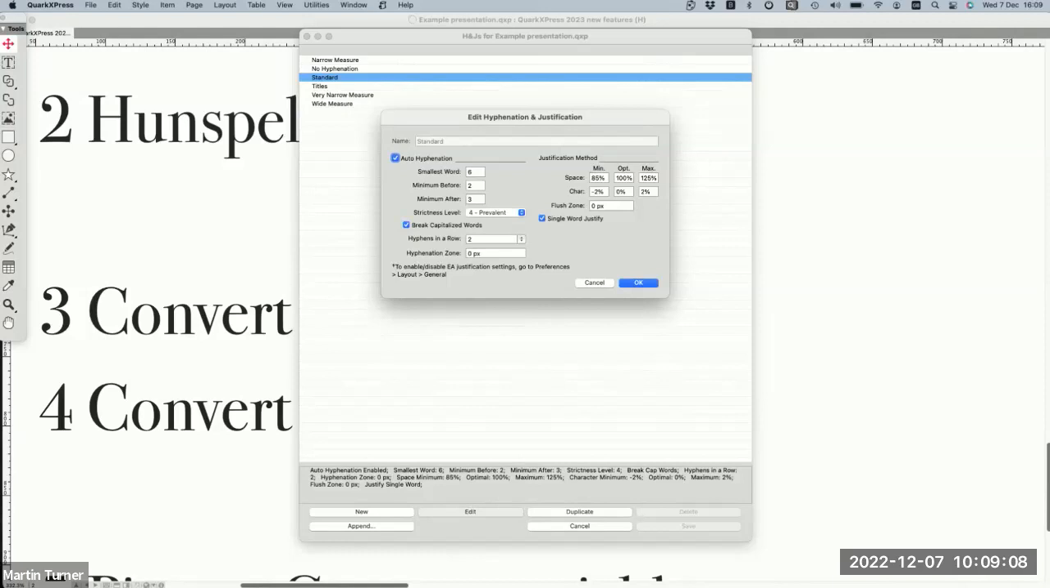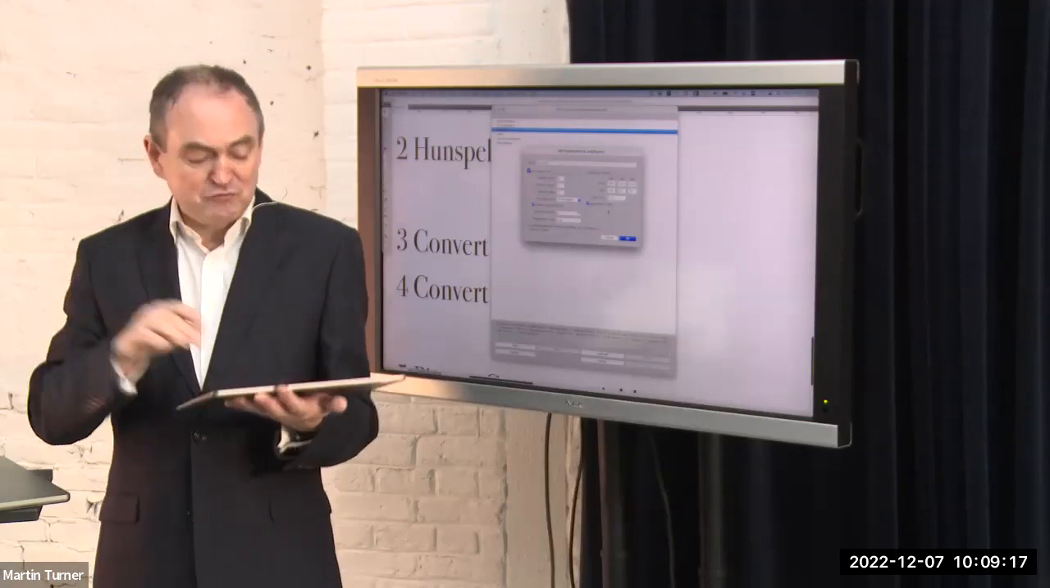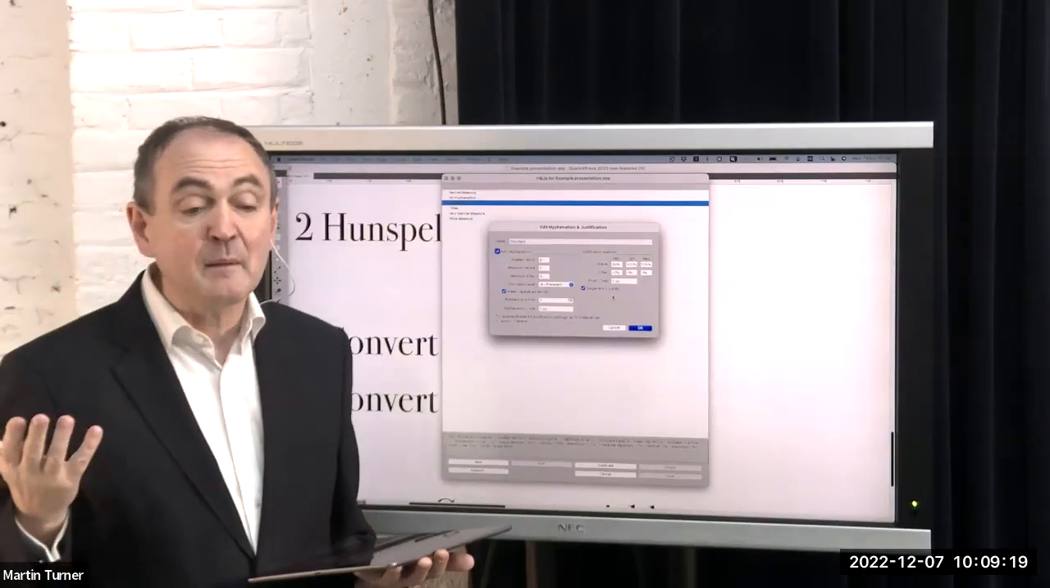but they do in their documents. They want to take all the hyphenation out. Well, of course, if you take the hyphenation out, then you're going to be left with these lines that are drawn right out. They look ridiculous. But